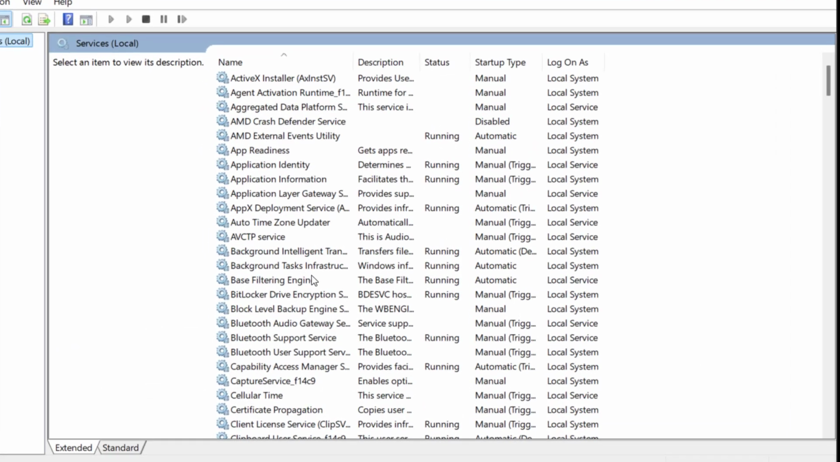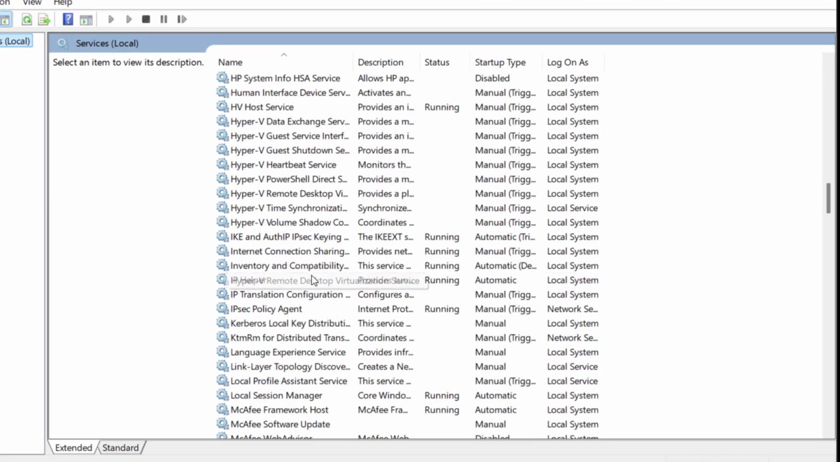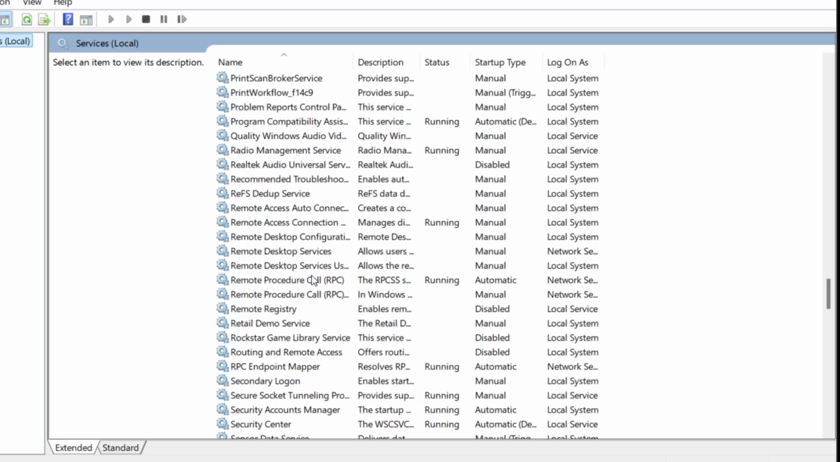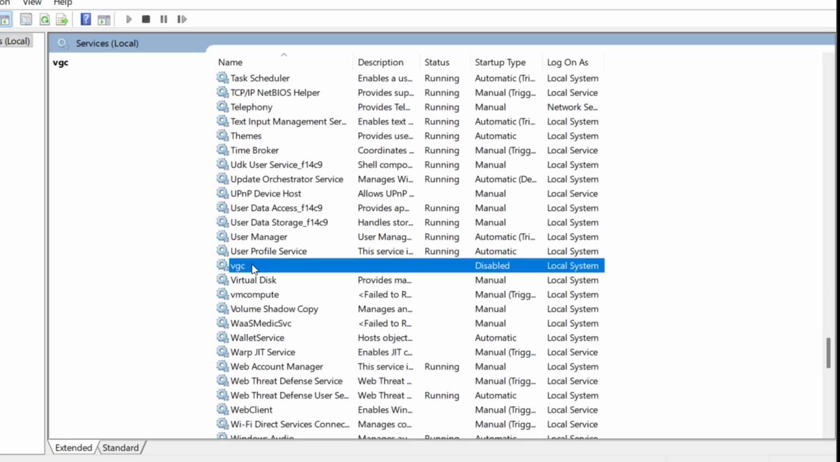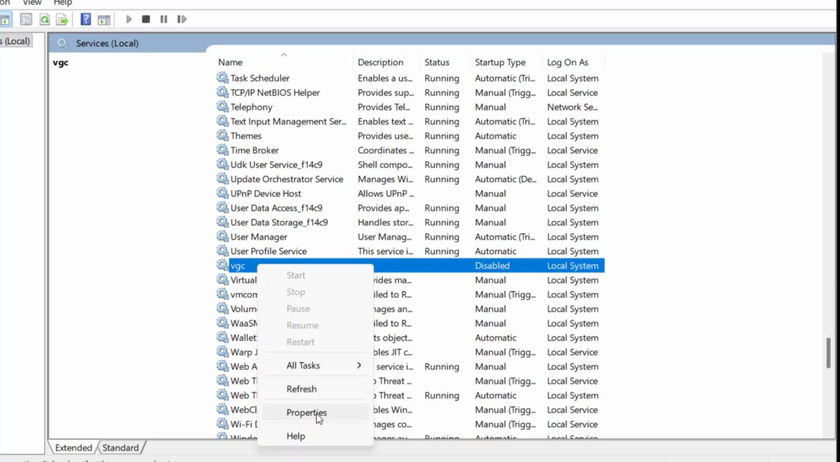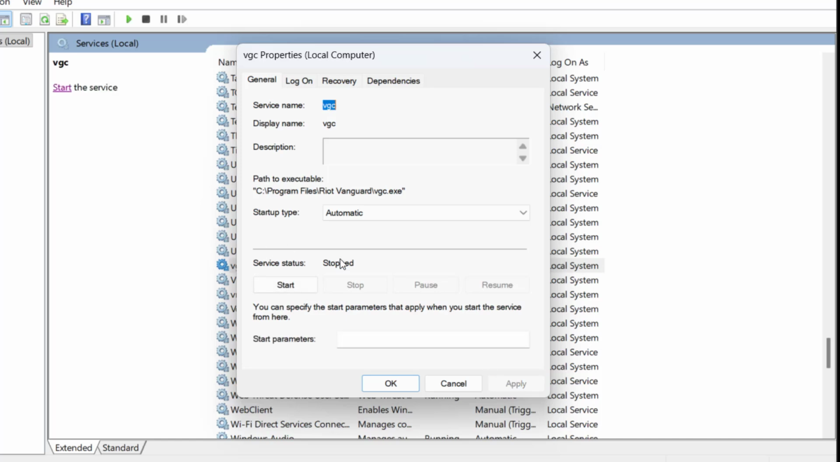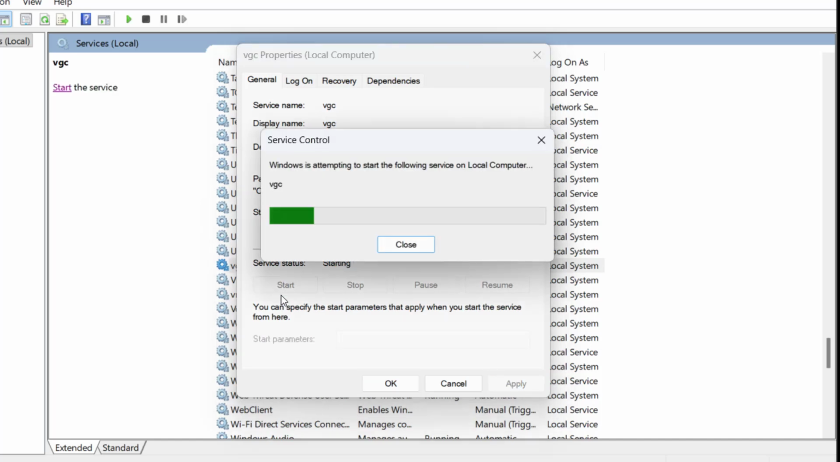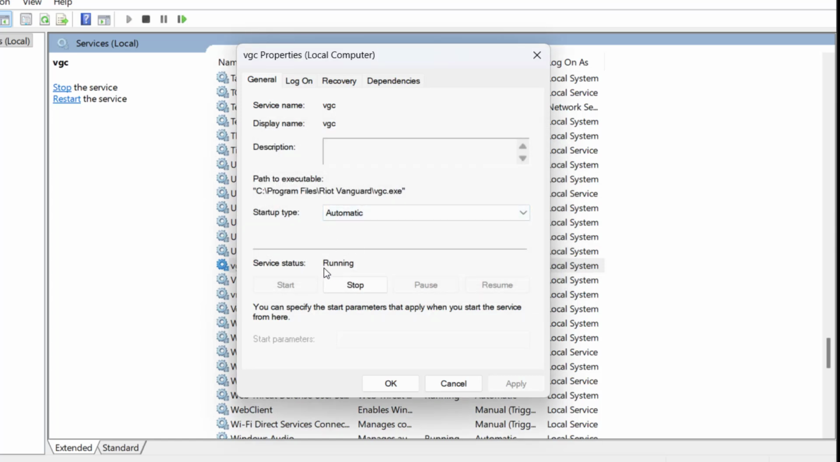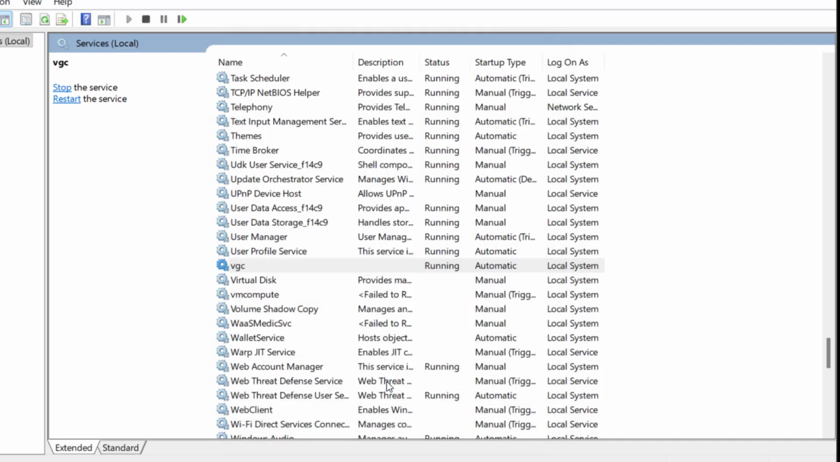Once you click the services, you need to scroll down and search for BGC. Right click it and go to properties, and here make sure the startup type should be automatic and service status should be in running mode. These are important settings. You need to set the startup type automatic and the status should be in running mode, and after that